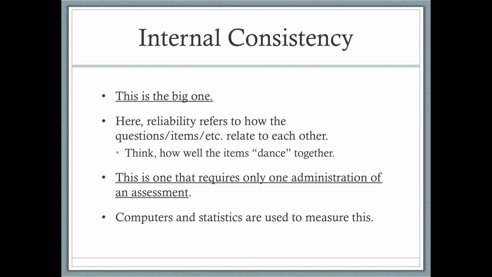And this deals with taking those questions, those items, the questions on the test, and running them through the computer to see how well they dance together, see how they work together. So, for example, if I was making a body image instrument to determine who has body confidence and who has body dissatisfaction, you'd expect there to be questions like, I'm happy with my body, I would not change anything on my body, there are many things I would change on my body, I don't like my body. Those questions all sort of relate to one another.